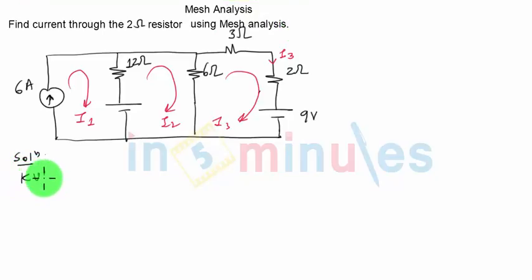Let's apply KVL in mesh number 1. Now the moment I start applying KVL in mesh number 1, you see that I have to start from a current source here because that's one component. The problem with the current source is that we know the value of the current, but we don't know what is the internal resistance of the current source, and hence it's difficult to define the voltage that will be developed